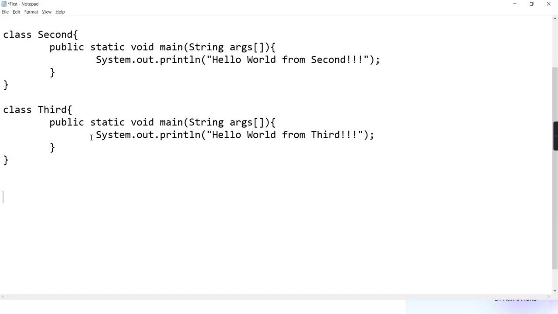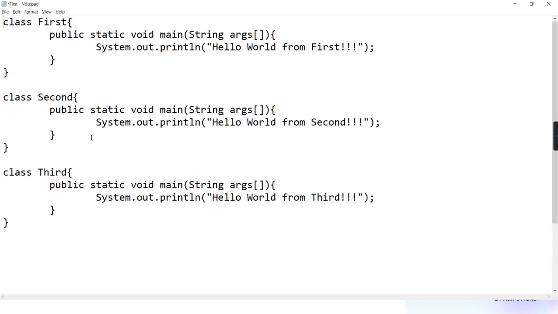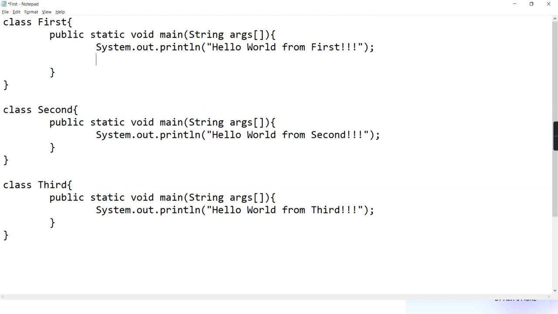Yes, you can. See here. Suppose I am writing first main, and in that suppose I write second dot main and null I am passing, because I am not passing any argument. As I am not going to pass the array of command line arguments, so I am passing null reference. So null will come in this args, no doubt. But will it give call to main of second? And is this a valid way?